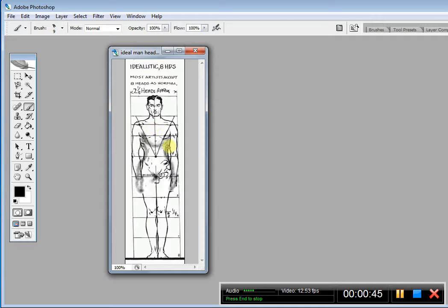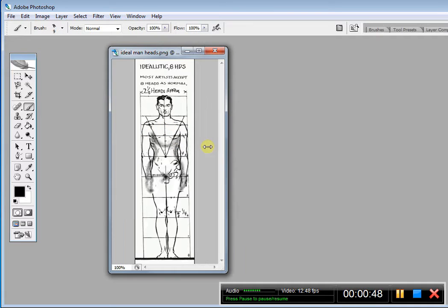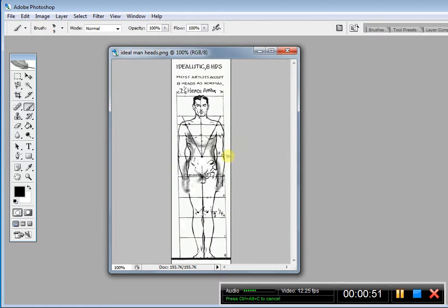And I also want to bring in some more features here to show you where all these proportions come from. Now, to start with, I've got my pen on. This is the basic head, obviously. 1 head, 2 heads, 3 heads, 4 heads, 5 heads, 6 heads, 7 heads, 8 heads there. Right, so there's your 8 heads. 2 1/4 heads this way, from the whole thing, not just half. That's 2 1/4 heads altogether, or 1 1/8, which is a quarter of a half of a quarter, which is